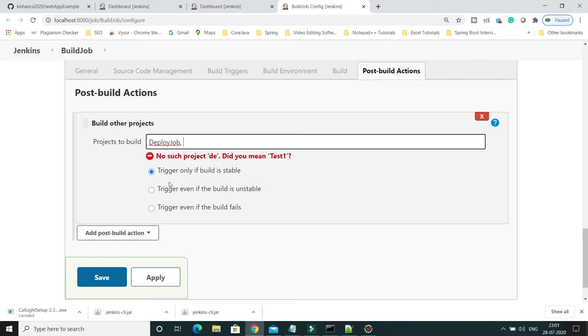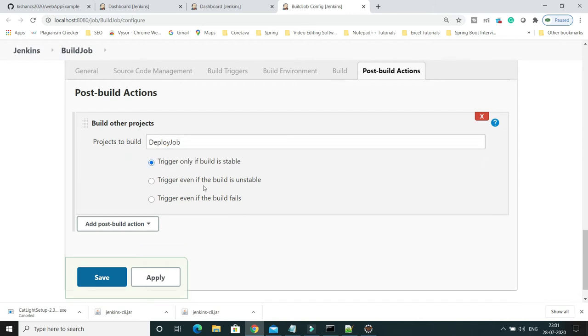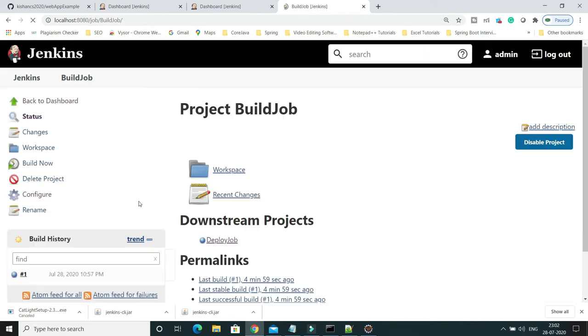Here you have various options. Of course, you can give comma separated multiple job names, but here I'm giving only one job name. By default it is set to trigger only if build is stable, so if the build job succeeded without any failure, then I would like to trigger the deploy job. I'll say apply and save.